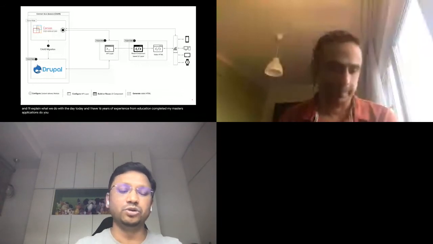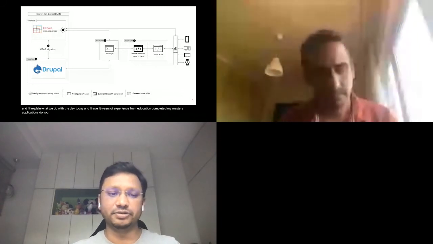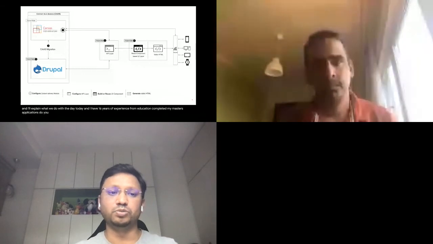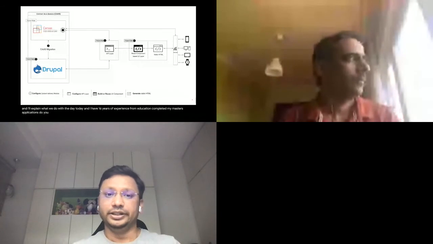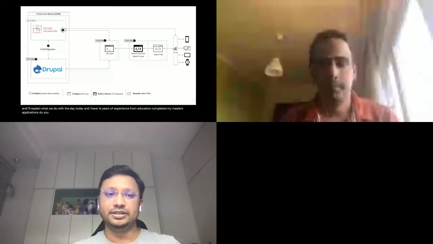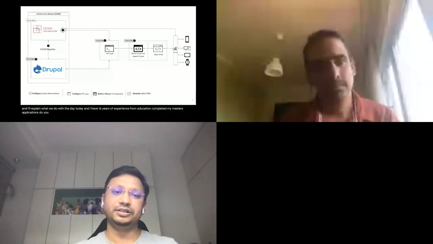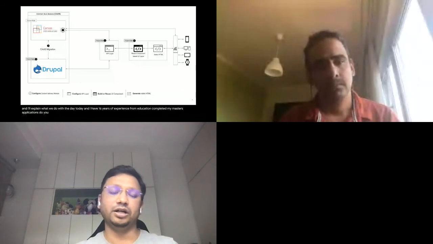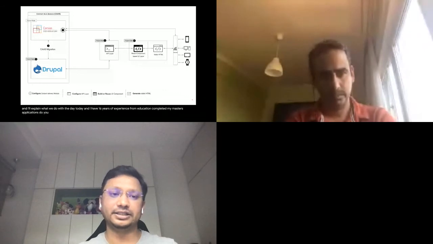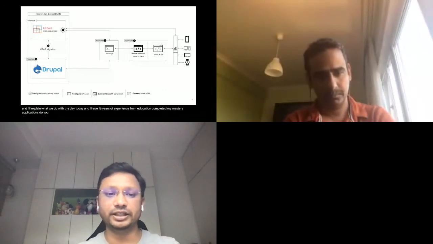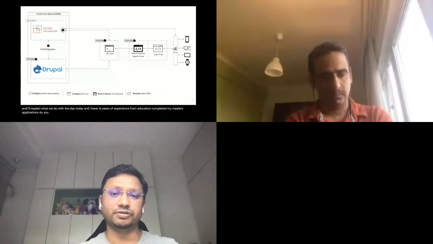So we wanted to enable the content as a service class through the Drupal CMS. If we achieve this future state, then we are decoupling our UI layer from the content layer. That was our idea.